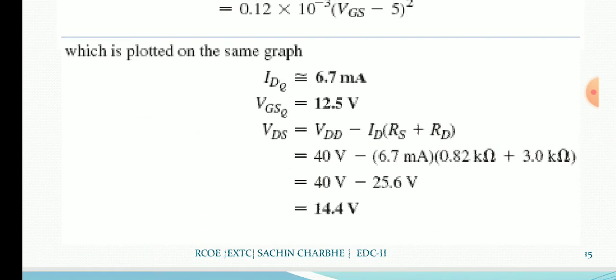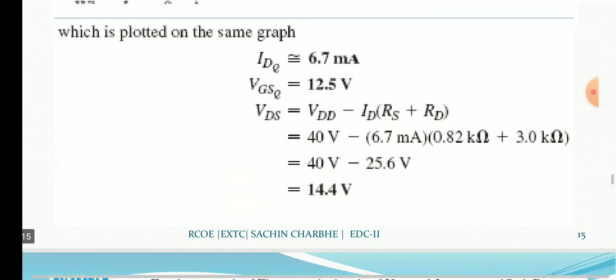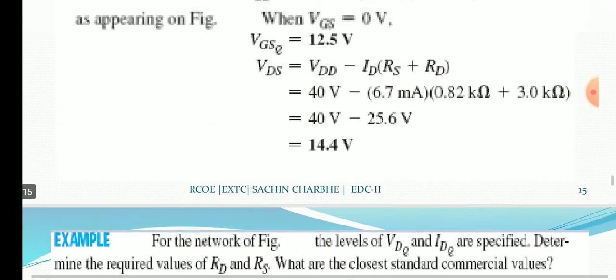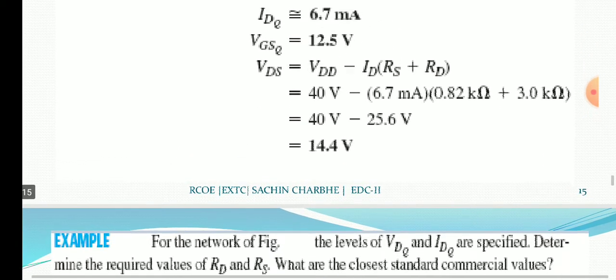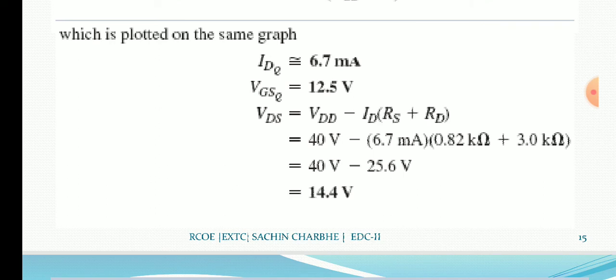We will discuss both the types, fixed bias and voltage divider bias, in enhancement and depletion type MOSFET. Let's see another type of numerical. Here you can go by any one method, mathematical or graphical method. But while solving by the graphical method, you have to draw the